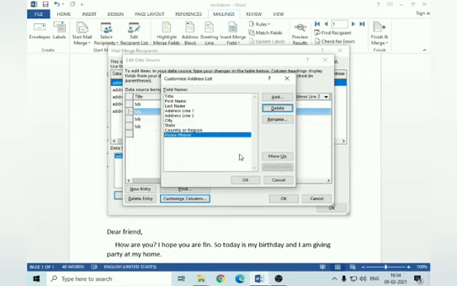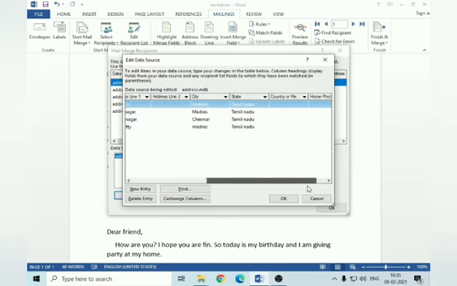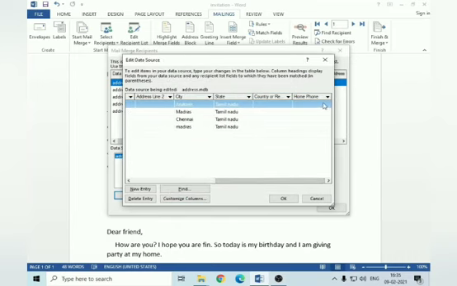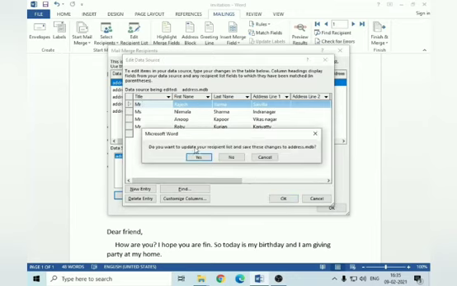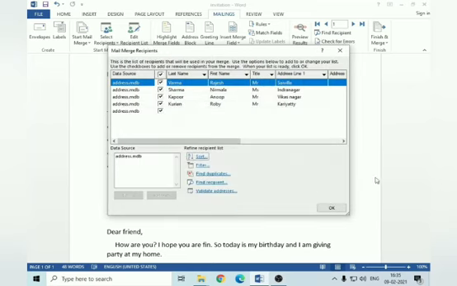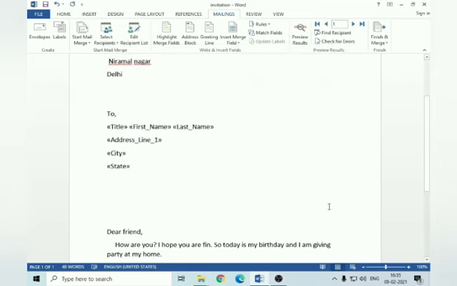Now the column is deleted, so you can see the column is deleted, and then click on OK button. And again click on the OK button.